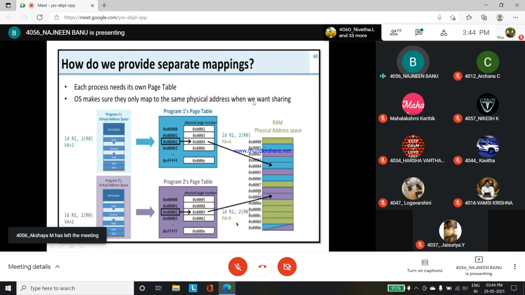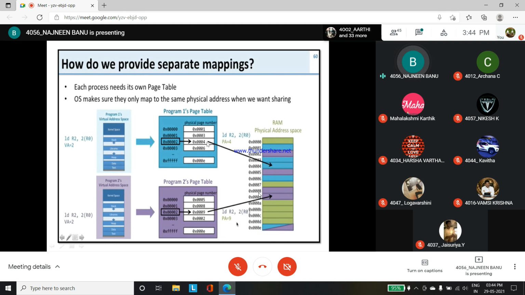We always make sure that they only map to the same physical address when we want sharing. So they should be mapped to the same physical address. You can see in the program 1 page table, highlighted in black color, these are the page table entries, and this is the physical page number.